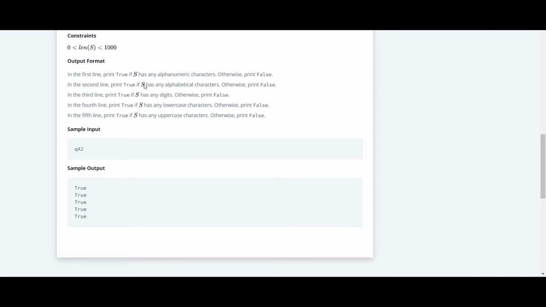On the second line we have to check whether it is an alphabetical character. On the third line we have to check whether it's a digit, and on the fourth and fifth lines we have to check whether it's upper or lowercase.